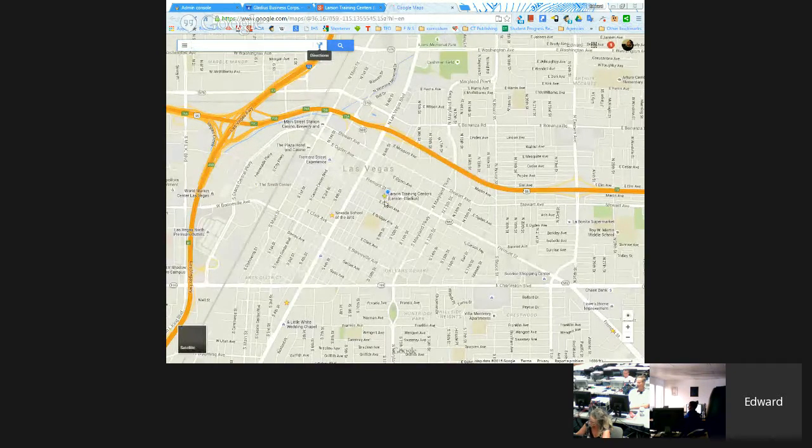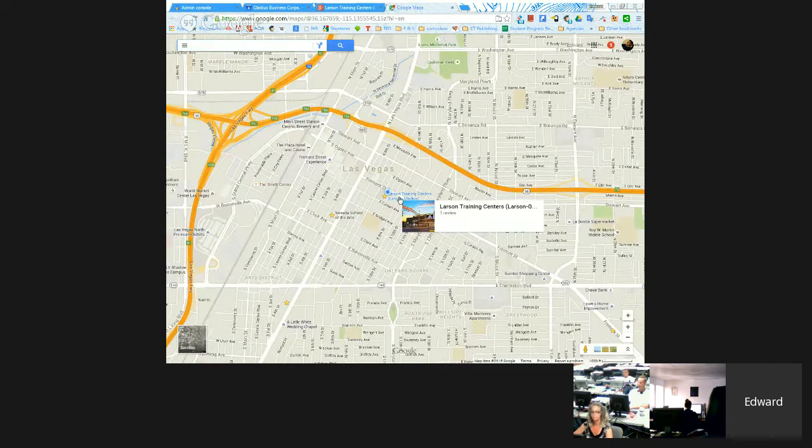And right here, it says Larson Training Centers on my map. Does anybody not have that? Doesn't matter whether you do, but if you have your settings configured to know where your home point is, it will go there. So whenever I just open a map, it's always going to come to here. Okay, now,